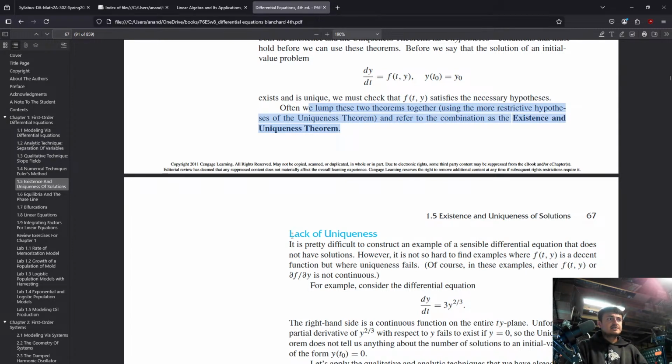Lack of uniqueness. It is pretty difficult to construct an example of a sensible differential equation that does not have solutions. However, it is not so hard to find examples where y of t is a decent function, but where uniqueness fails. Of course, in these examples, either f of t, y is